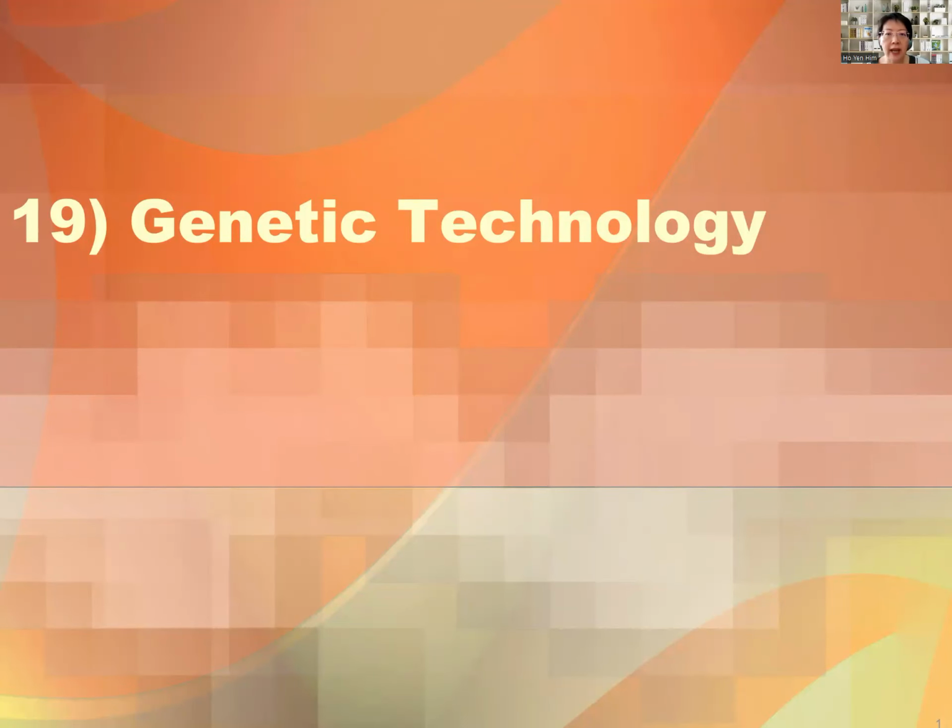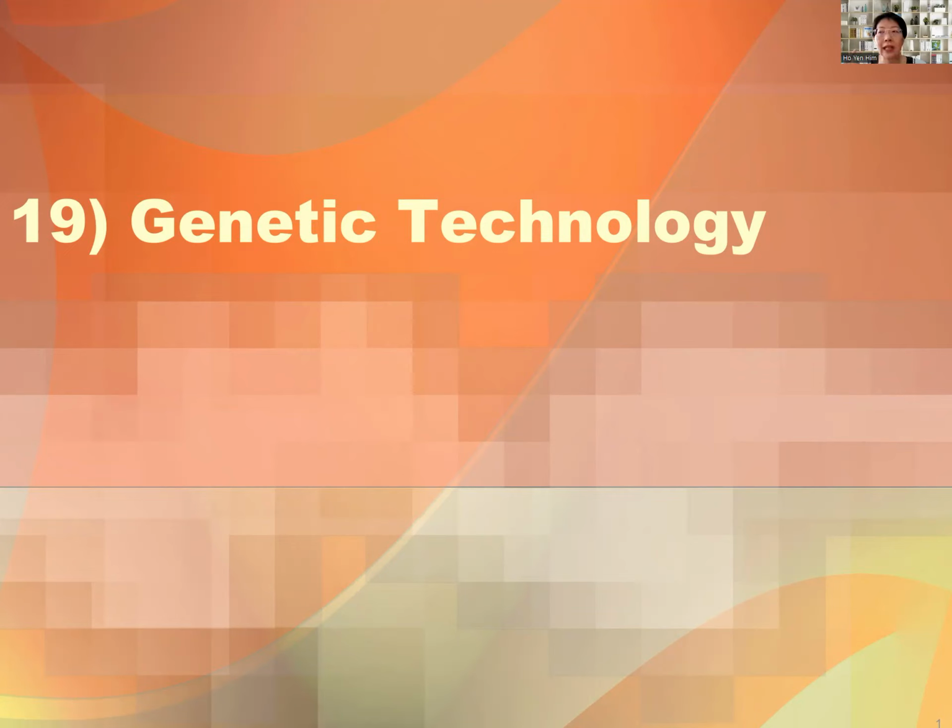So chapter 19, genetic technology. This is a very interesting chapter because you learn that when you learn the basic knowledge in biology, in this case the structure of DNA and also the process of gene expression from DNA to become mRNA, mRNA to become the protein, from this knowledge itself, how a scientist puts in their creativity to play with the DNA and to play with this process to produce products that are needed by human, and also to